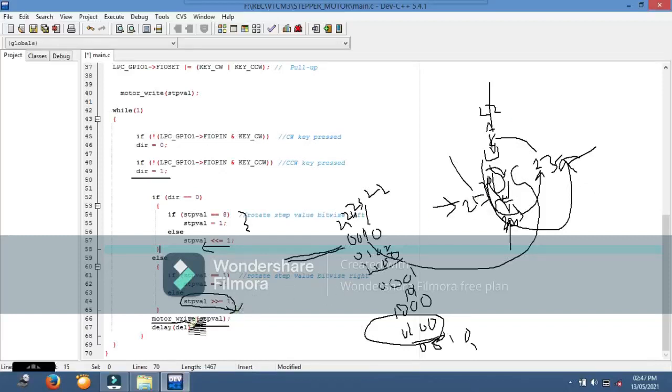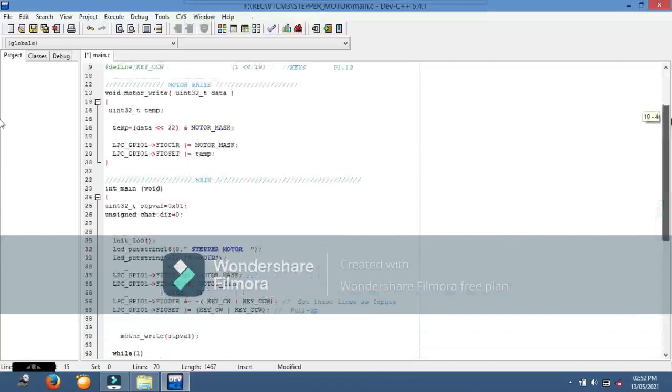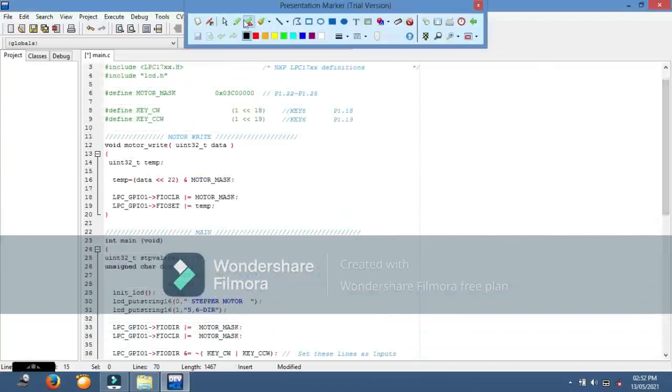So we need to send this value to these ports. To send it, we are sending this to the motor write function. The motor write function we initially skipped, which we see now.